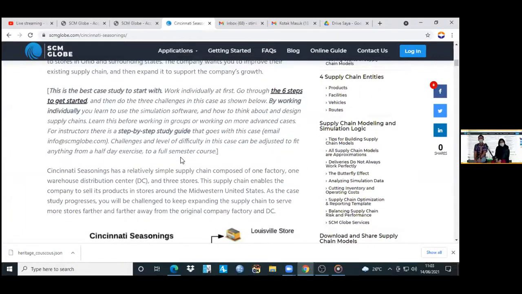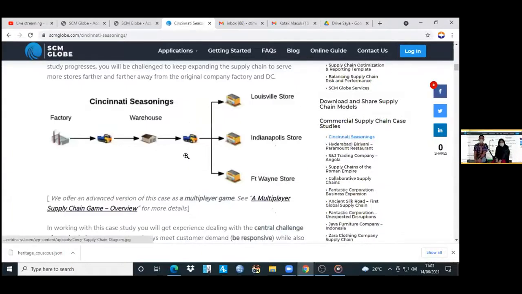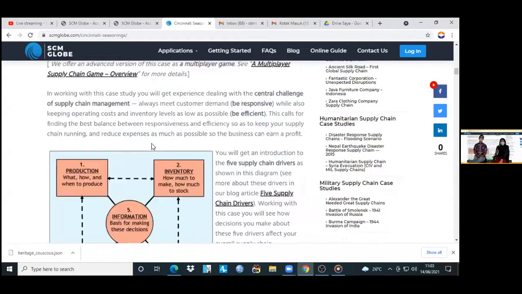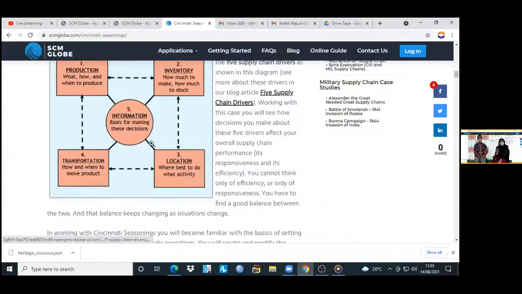So after you try this example, we plan to conduct the second training next week, so we can do a detailed question and answer on how to build this model. Okay, I think you can read and study all the information here on the website.